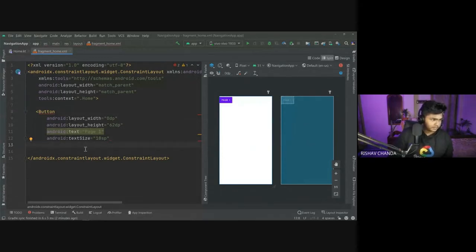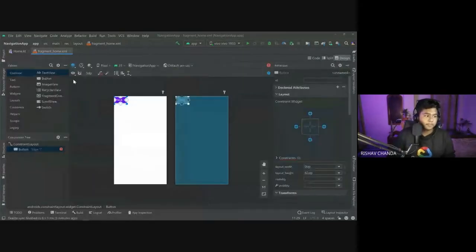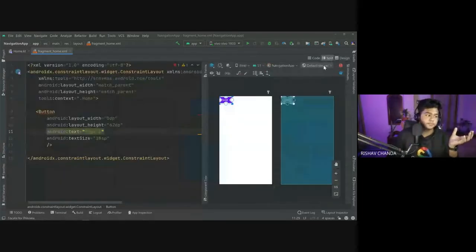So the next I would like to give the constraints. You can give constraints through the design view also, like in the beginning sessions what you learned. But when you work in big projects, the more preferable way is using this XML code part. So I would give it through this only.